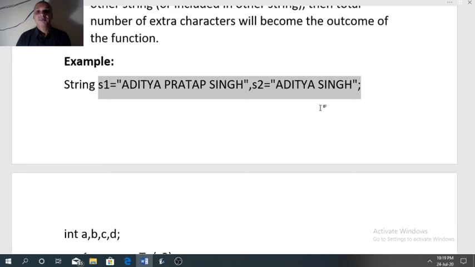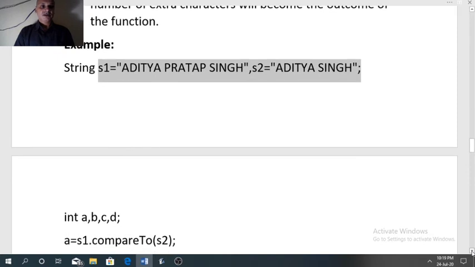Because of that, Aditya Singh is a bigger string as compared to Aditya Pratap Singh. Now see how the whole process is done. We have 4 variables of integer type A, B, C, D to store the result.